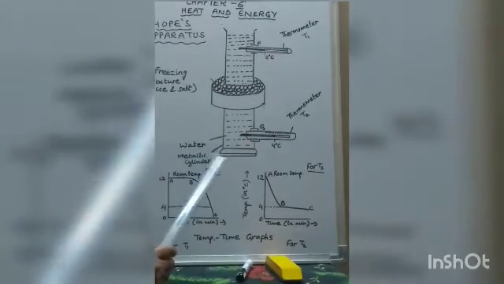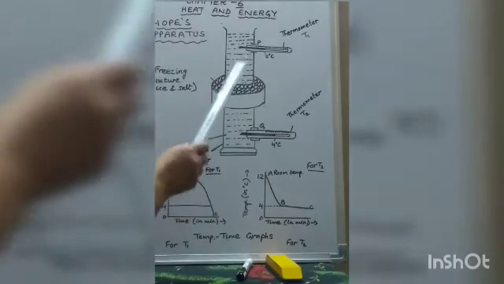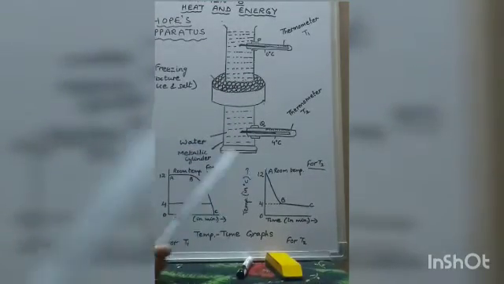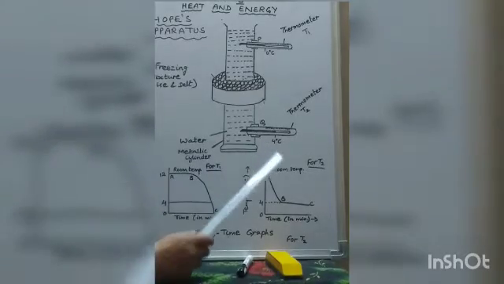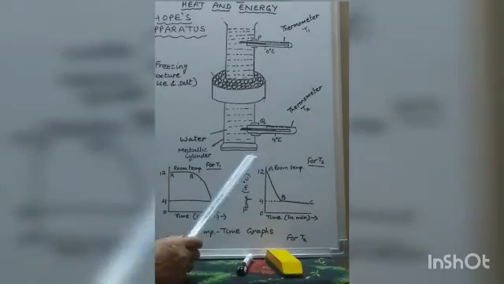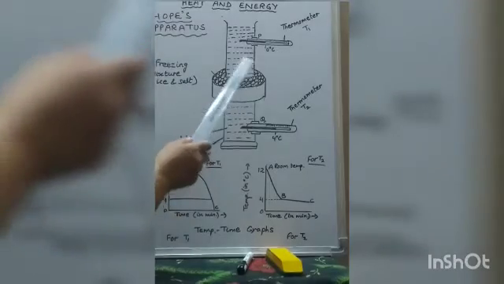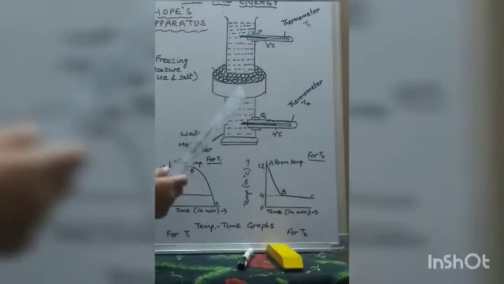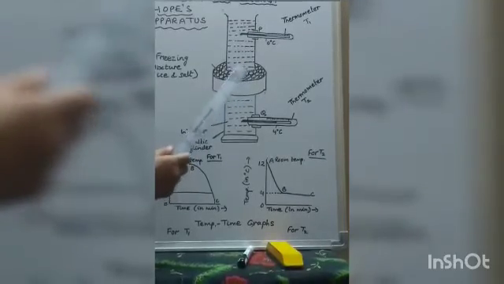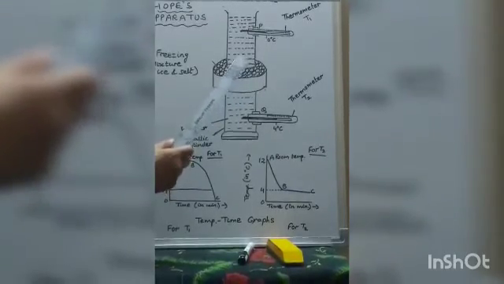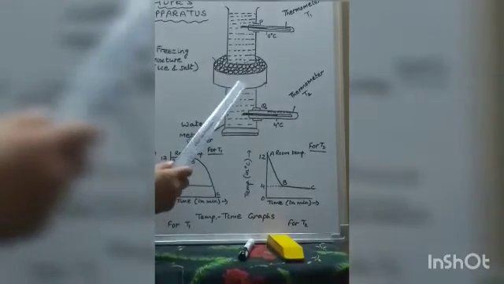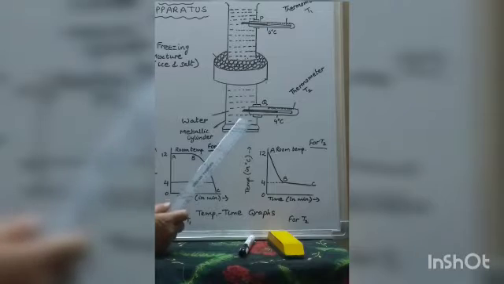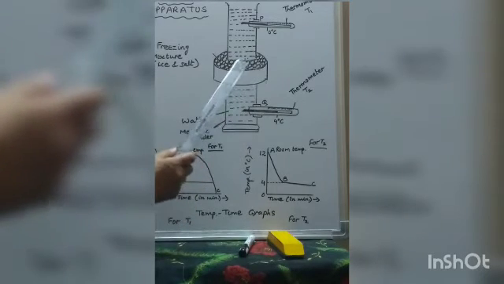Now, what happens? Initially, water in the cylinder is at room temperature, say 12 degrees Celsius, which is indicated by these points A and A on the graph. As the freezing mixture cools water in the central portion of the cylinder, water contracts. Water contracts means volume decreases, hence density will increase. Consequently, the cooled water will sink to the bottom because the density increases, and the warm water from the bottom will rise up to take its place.